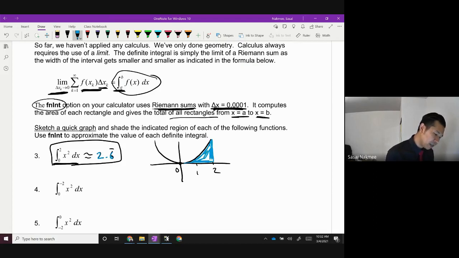And that's all an integral does. It calculates this area. And this right here is doing it to very, very precise numbers. And how is it precise? It's very precise in the fact that the delta x is only 0.0001. And that's it right there. That's what that represents. You guys see it?